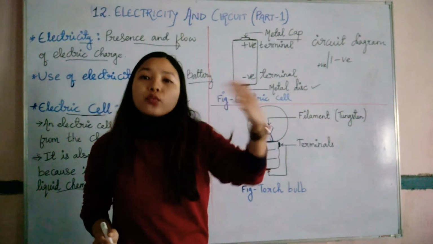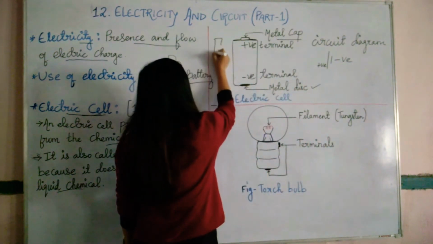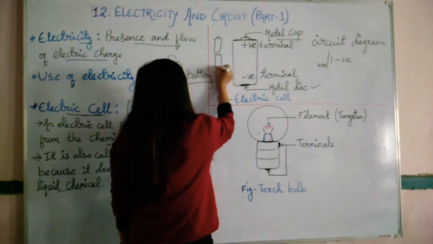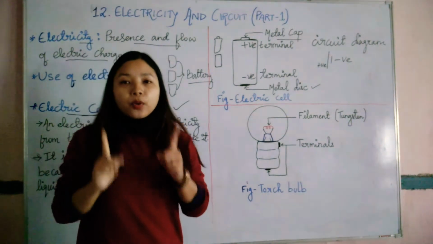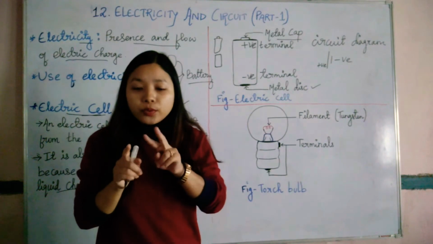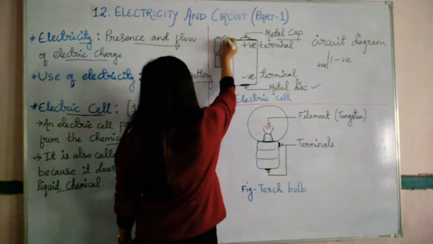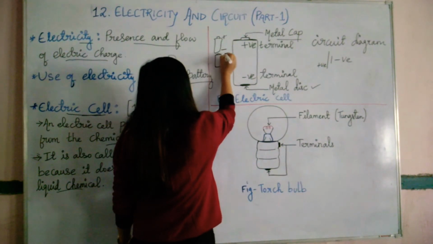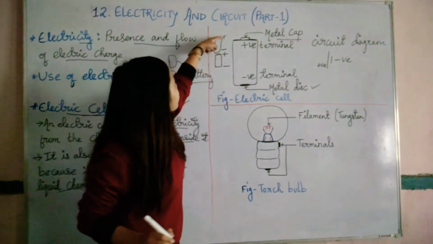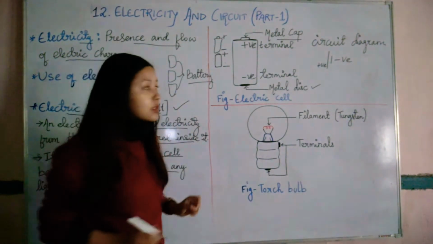If we put more than one electric cell, how will we show it? Let's say this is the metal cap and disc. As I told you before, both negative or both positive cells will not lead to flow of charge. We need opposite sides, one positive and one negative. So if this is positive and this is negative, the next cell we put towards the negative should have the positive one and then negative. Like this, it should be kept in a series.